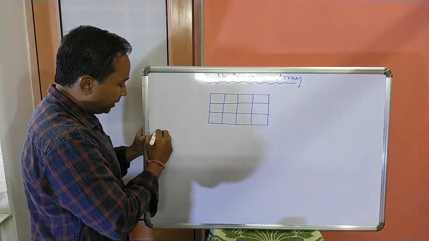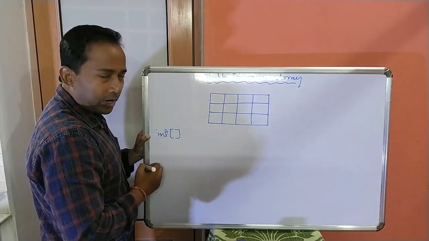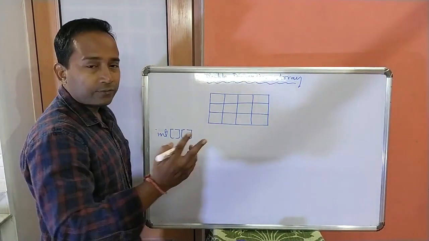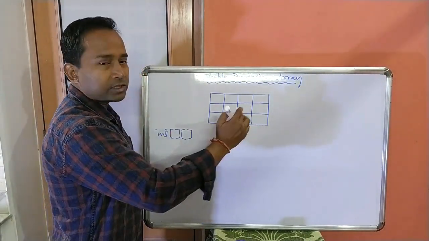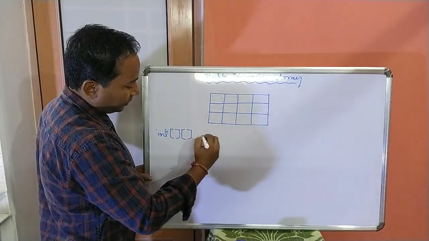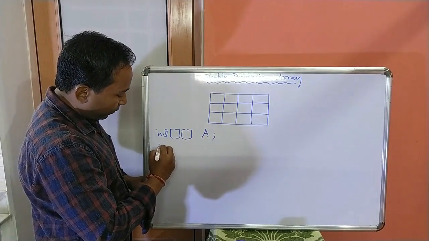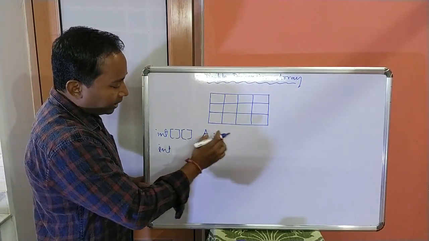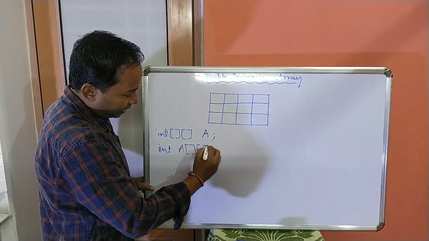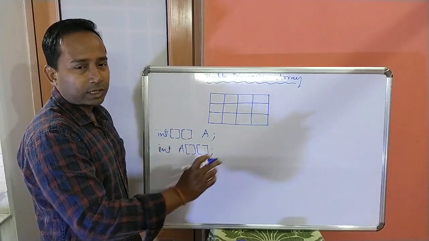So declaration statement is data type, suppose it is int, then one square bracket for one dimension and next square bracket for second dimension. So here we have two dimensions. One is row dimension, another one is column dimension. So this is for row dimension, this one is for column dimension. Then space array name. Or we have another declaration statement where these two square brackets will come after the array name. A square bracket, another square bracket. So any one of these two declaration statements can be used to declare one array.